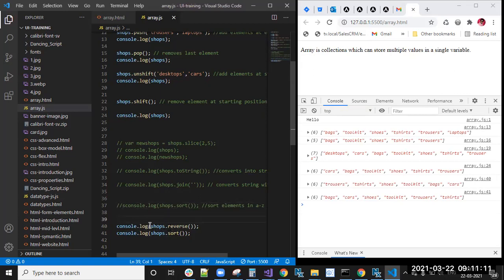Okay, so what we can do is a reverse array, where reverse array is shops.reverse. Now reverse array.sort.